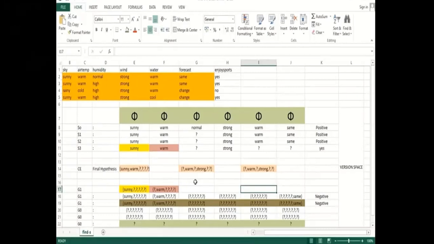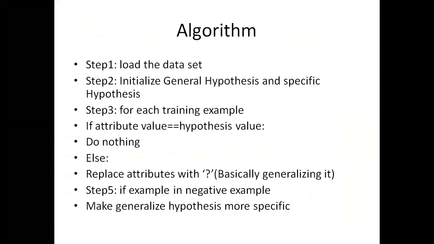But in the candidate elimination algorithm I'm explaining now, we use all the positive records along with the negative records. This is the implementation of how it works, and I'll explain in brief. This is the specific hypothesis, and this is the general hypothesis. At the first stage, the specific hypothesis is represented with null values and the general hypothesis with question marks. Now, before we start, this is the algorithm for how the program gets executed. The first step is to load the data set.